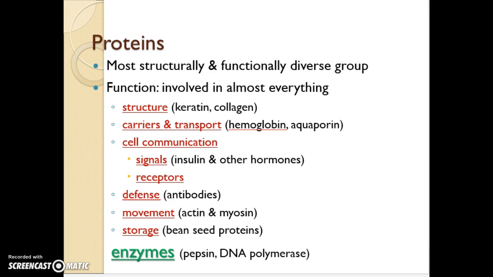They're involved in almost everything an organism does, and they account for more than 50% of the dry mass of most cells. They function in terms of structural support. They are involved in storage, transport of molecules, in cell communication, in movement